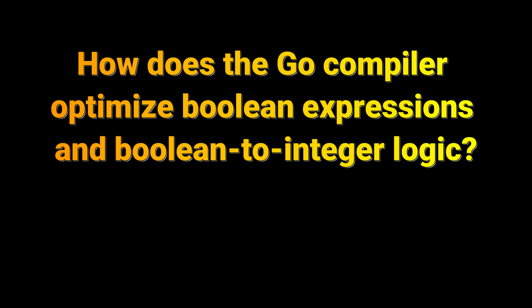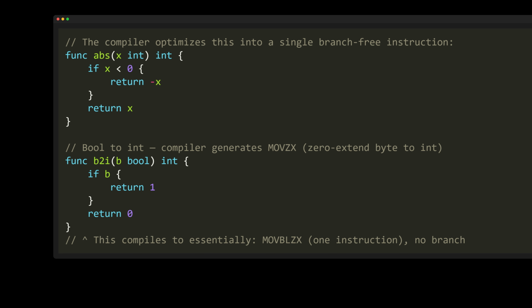Question: how does the Go compiler optimize Boolean expressions and Boolean to integer logic? Answer: The Go compiler is very good at optimizing Boolean logic. Simple if statements are often turned into branch-free machine code when possible. For example, a function like ABS that checks whether a number is negative is commonly compiled into efficient instructions without extra overhead. When converting a bool to an int using an if statement that returns 1 for true and 0